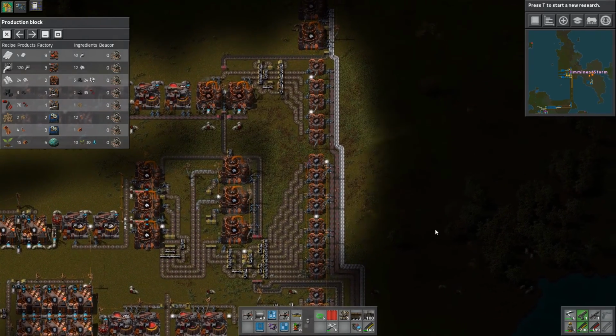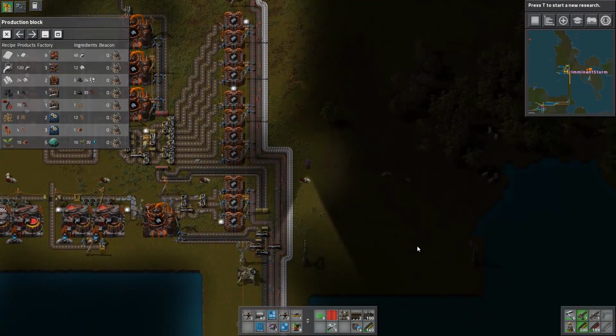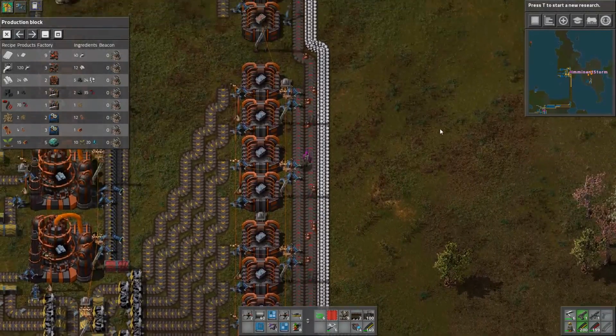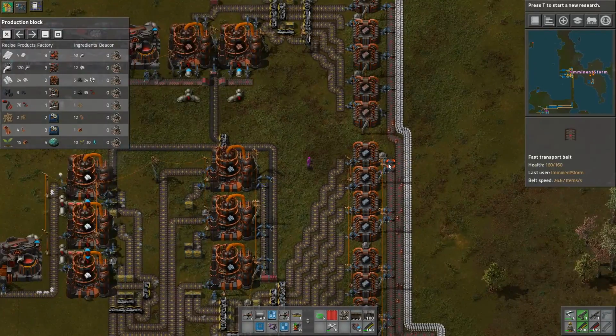Oh, I need circuit boards. Alright, well, looks like I need to do a circuit board run. I will be back in a sec. Alright, I'm back. And I also grabbed some engines down there while I was at it, so that I won't have to do a run for those. Okay, so